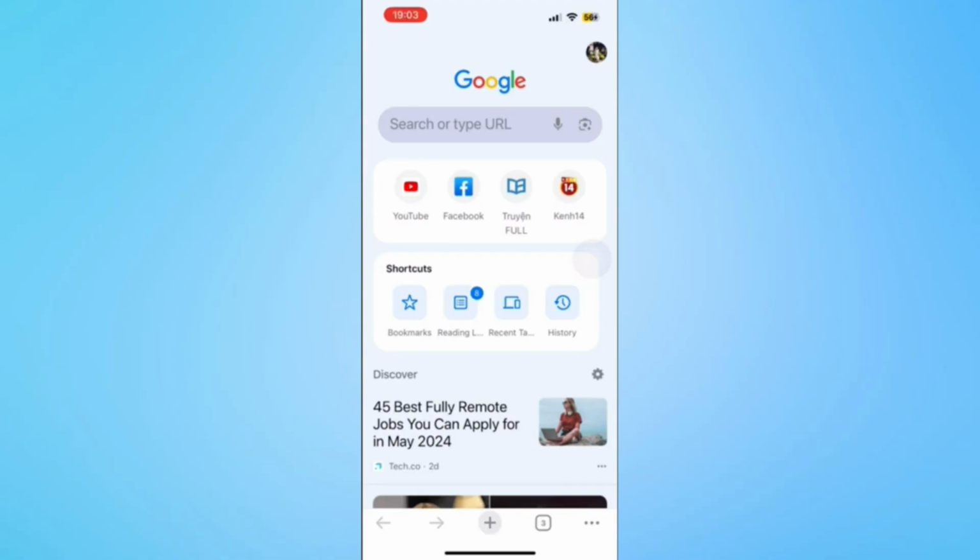So, choose any browser that you use and access youtube.com. I will choose Google Chrome. And here, log in with your Google account